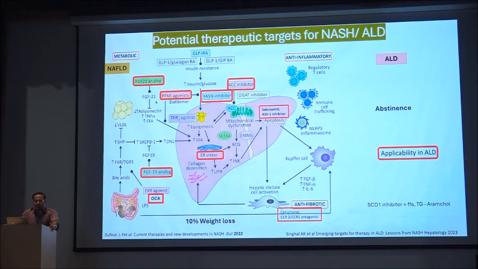Otherwise, these are the highlighted pathways: PPAR, FGF21, FGF19 analogs, anti-chemokine antagonists. There are also ACC inhibitors, acetyl-CoA carboxylase inhibitors, and fatty acid synthase inhibitors. These can be effective even in alcoholic liver disease, and some are in early stage trials as well. And on top, for both diseases, for NAFLD, losing 10% of weight is the utmost core of treatment. For ALD, abstinence is the core of treatment. Remaining things are just add-on, and as of today, not much effective.